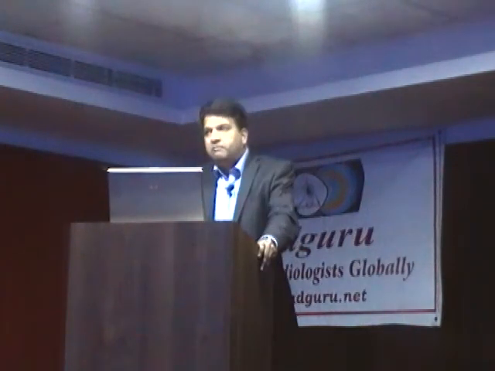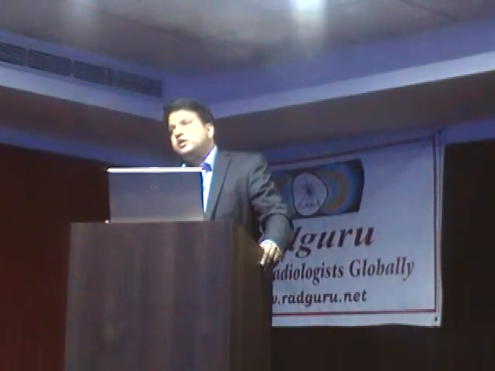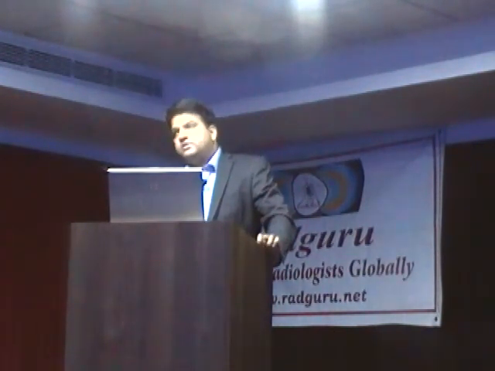ECG done showed Q waves in inferior leads with ST elevation. We went ahead, did an angiogram, there was an acute occlusion of RCA, we did the angioplasty. So sometimes what happens is, the infarct may not happen at once. You have something known as a stuttering infarct. There may be some thrombus formation which dissolves, opens up, patient feels some relief, then again it occludes, he has some chest pain. So there are some patients who come like that, and if the chest pain is ongoing, it is a definite indication to take them up for an angiogram and angioplasty. That is one of the indicators.